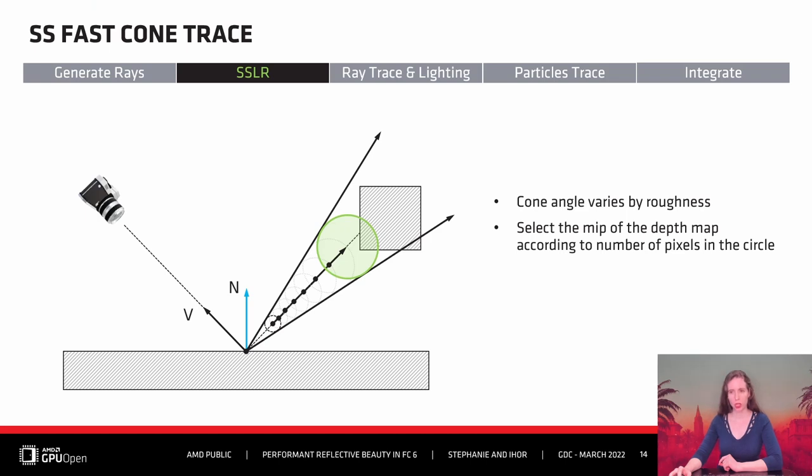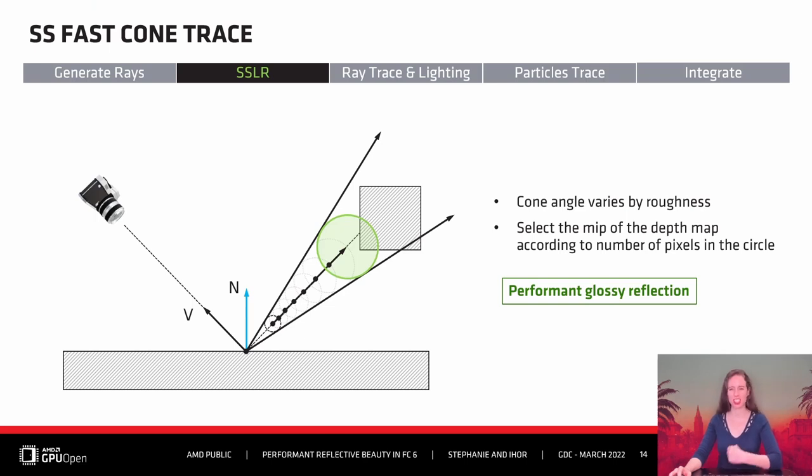For glossy reflections, we use a cone trace. The cone angle is increased for rougher materials, giving us even more ability to dynamically tune the performance. The first circle is chosen to have an area of approximately a pixel, which maps to MIP0. At each step in the iteration, the screen space of the circle is mapped to the closest power of 2, and then the corresponding MIP level of the depth map is sampled. While the precision of the cone trace is low, our investigations showed that the rough surfaces got a quality boost by adding these reflections. We had achieved our goal, performant